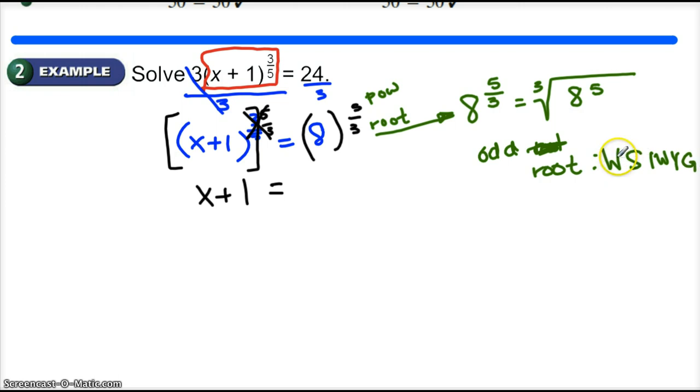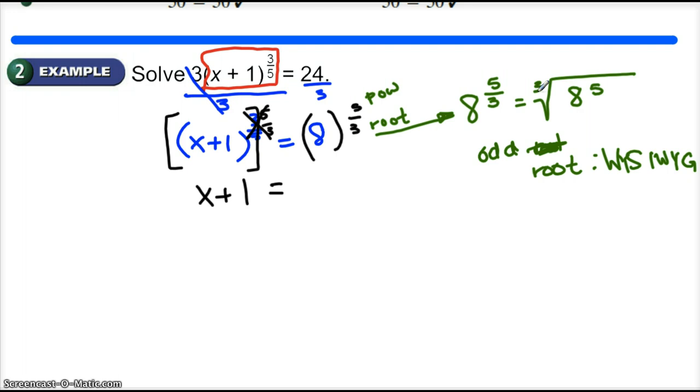And I forgot the Y there. So what you see is what you get. WYSIWYG. Whatever the answer is, that is what it is. If it's positive, you're going to have a positive root. If it's negative, you will have a negative root,